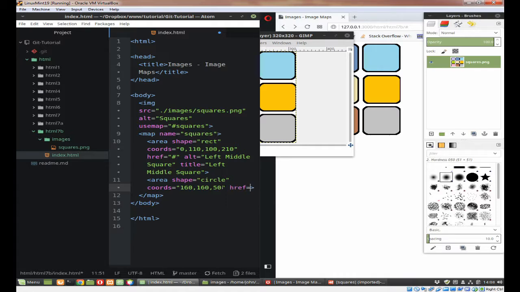So we've now got our coordinates. We want an href to tell it where we're going, and of course we're not going anywhere. We want an alt attribute, so we'll call it center square. I'm in Europe, so we use the European spelling for center, and we want a title which will be center square in a circle. If I now save that